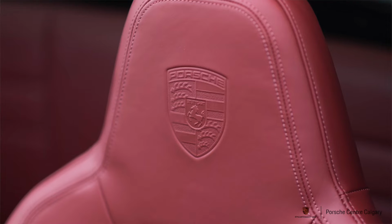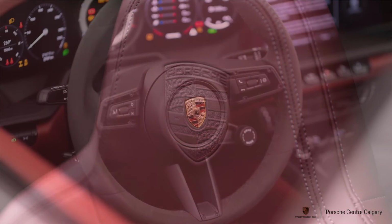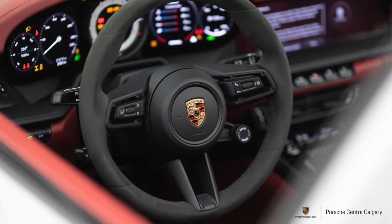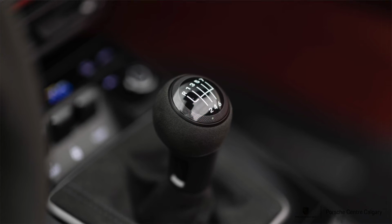And then on those seats, you have the embossed crests on the headrests. Subtle touch, but I love to see it, especially on the open top cars like this. Also, the embossed Porsche crest on the armrest. Those seats are also heated and ventilated significantly. I think that's just about all the content I wanted to chat about on this one,